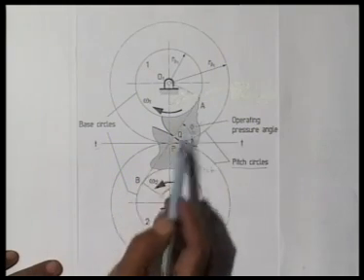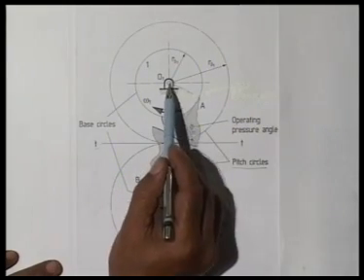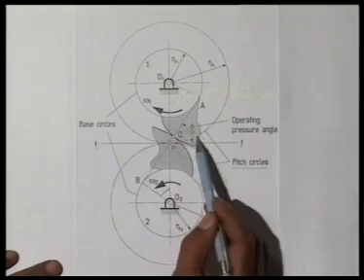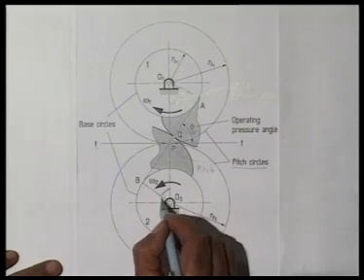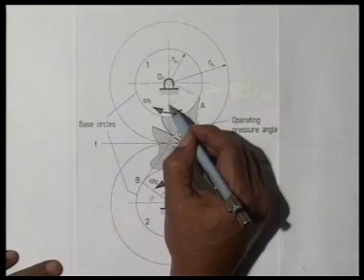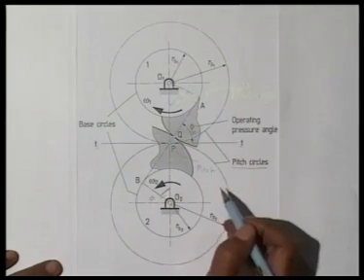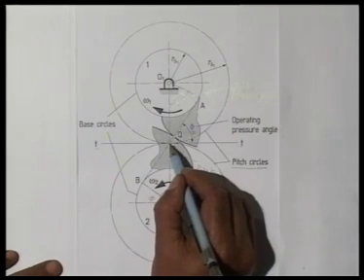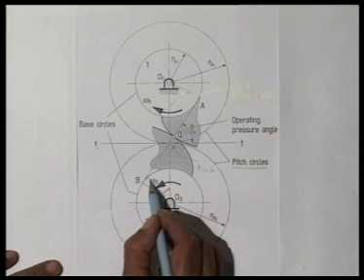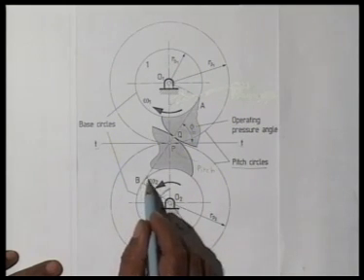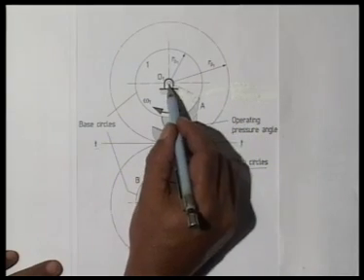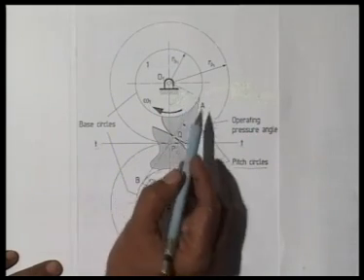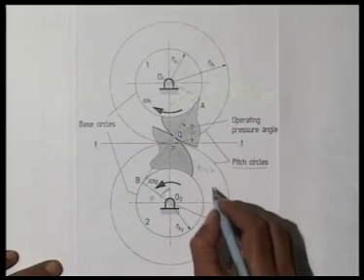O1A is the radius, and this is the point of common tangency A and B. So the angle between O1A and the vertical line is the same as the angle between AB and this horizontal line. So this is phi, the pressure angle, this is also phi, the pressure angle, and this angle is also phi, the pressure angle. So what we see is that RB2 is nothing but RP2 cos phi, because this angle is 90 degrees. The angle between the tangent and the radius is 90 degrees. Similarly, this angle is 90 degrees, the angle between the radius and the tangent, and this is RP1 and this is RB1, and the angle between them is phi. So what we get,